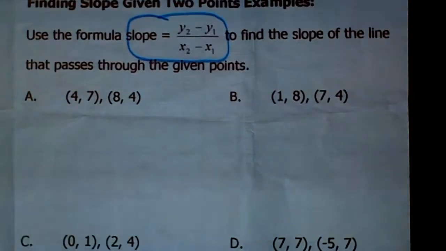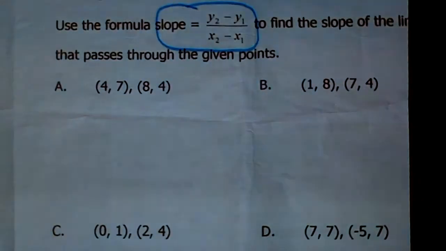So given this first set of ordered pairs, I have (4, 7) and (8, 4). Zoom in a little bit. Now, first things first, this is x1, y1. This is x2, y2. Why? Because this is the first ordered pair and this is the second ordered pair. What I normally do so that I don't make mistakes, because I hate making mistakes, it drives me bonkers. We all do it, we're human, but I don't like it. I don't think anybody does. So what I usually do is I underline my x's and I circle my y's